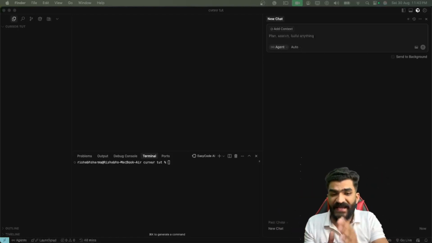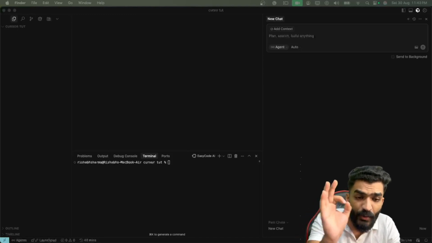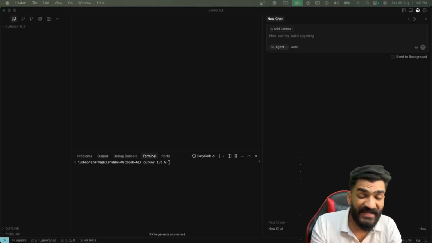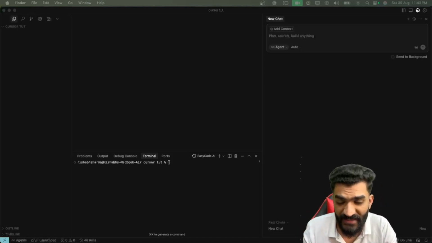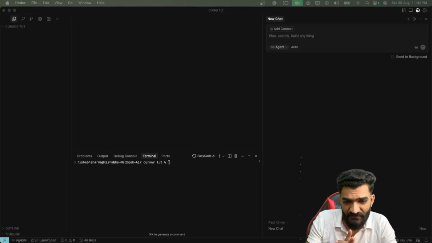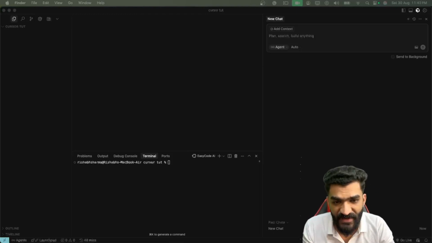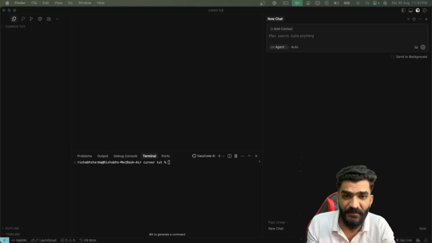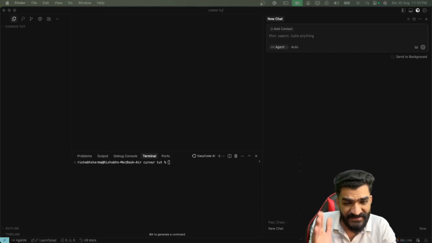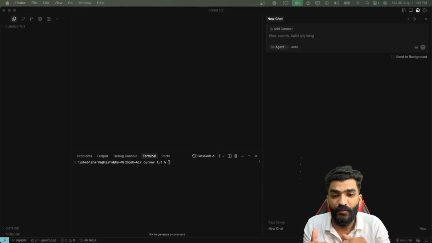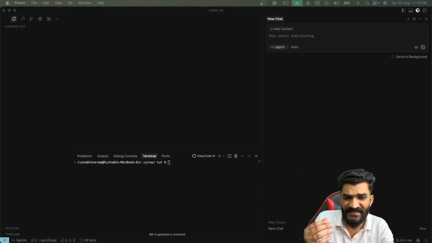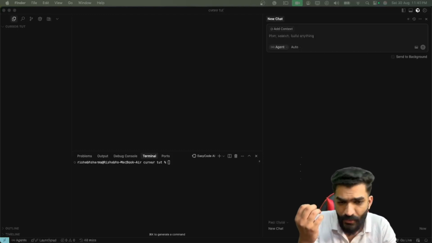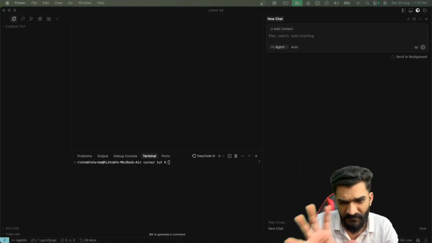With Cursor, we can actually index our code base or documentation, and that is really very important. Writing code is okay, but we also have to index our code base, prepare the documentation, prepare readme files, and prepare versioning files and all those things. That is very easy to do with Cursor, and Cursor is going to generate code from all those things.